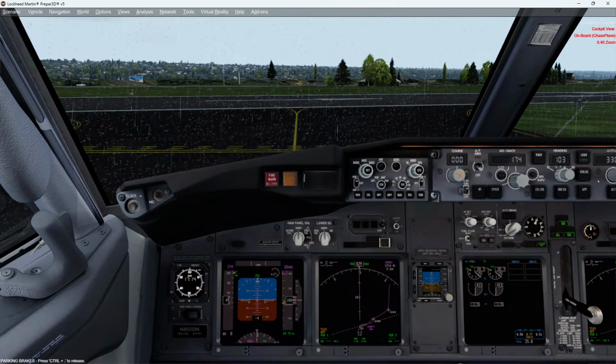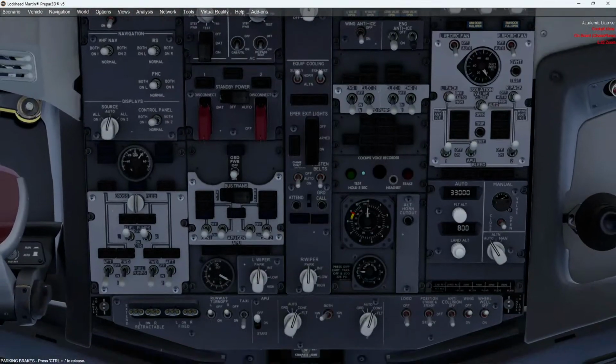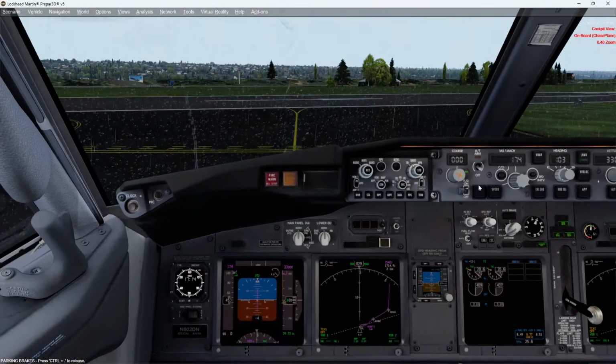Right, before takeoff checklist. Flaps 5 and indicated, stab trim set for takeoff, MCP V2 plus 15, VNAV, LNAV, altitude set, recall, check, landing lights on. Taxi lights off, strobes on. Auto throttle is armed, transponder